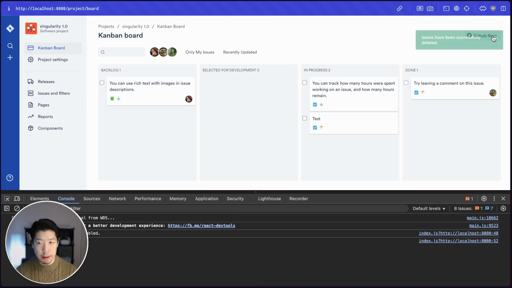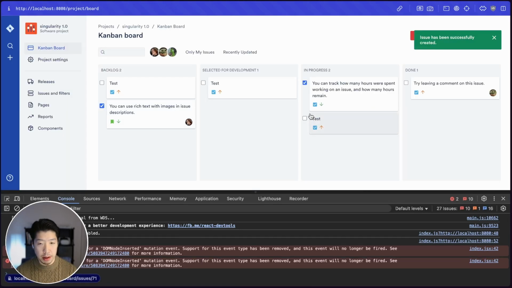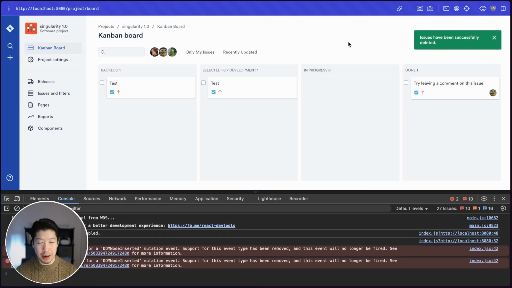Okay, that seems to have done it. Let's refresh the page to make sure they actually deleted. We'll just test it one more time. All right, let's select some other ones. Delete selected issue. Perfect. So what's interesting is that it got the job done, but it didn't really give me